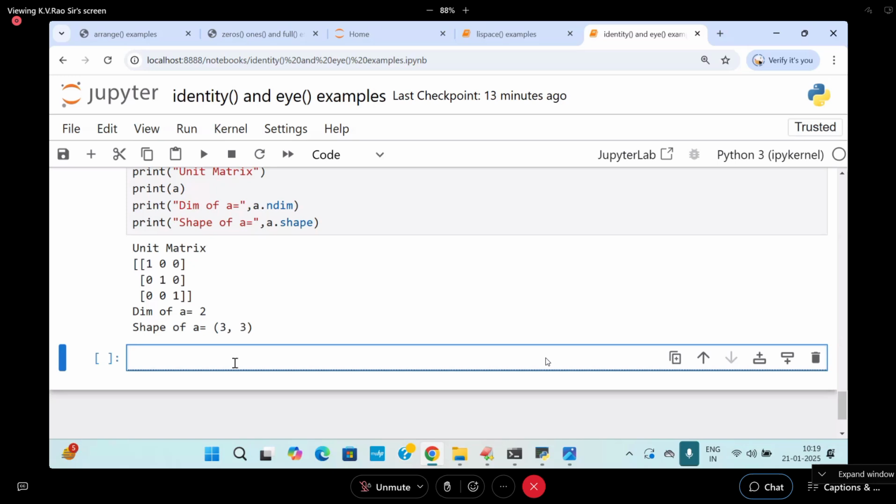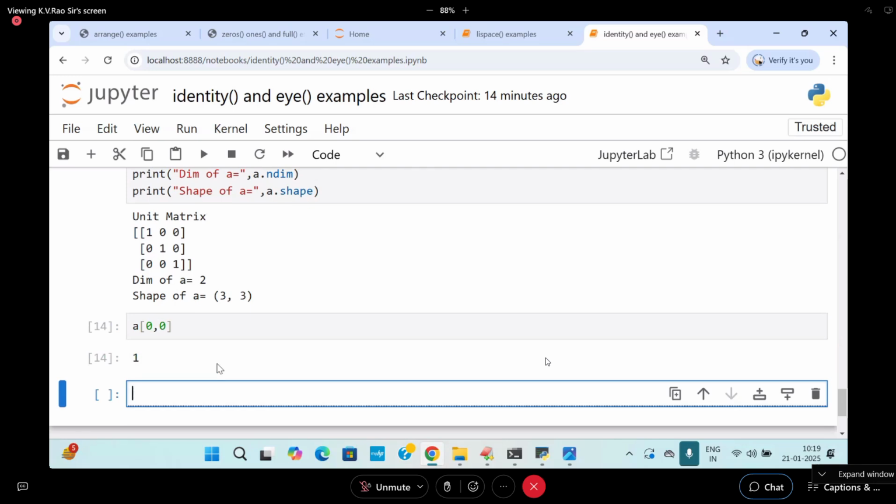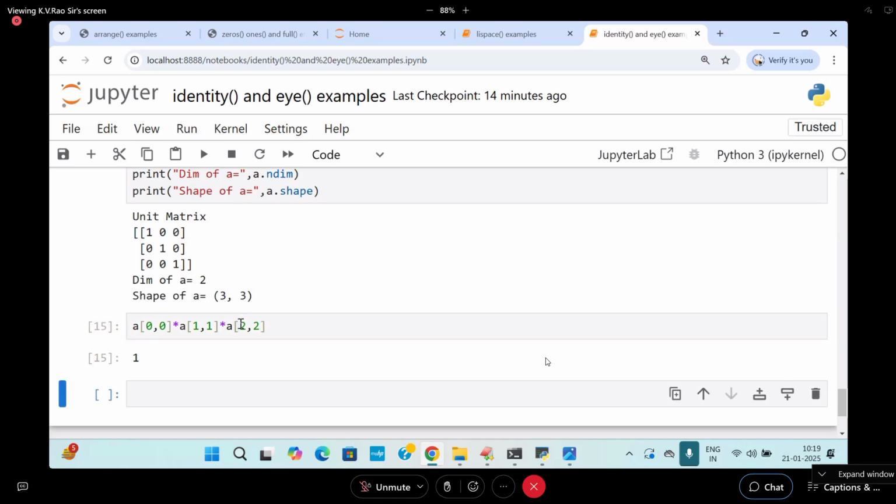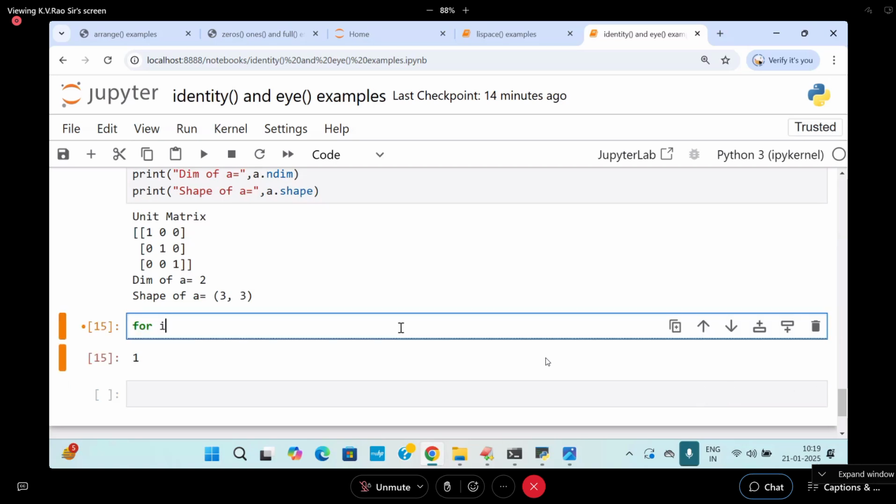So if we come to this place, how do you print it? A of 0, comma 0. What is the answer coming? 1. One more thing: A of 1, comma 1, star, A of 2, comma 2. What is the product? 1, only 1. Simple, that is. Now, if I am going to take it, for I in range of